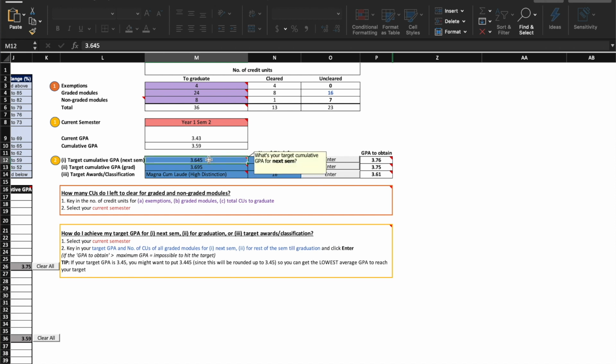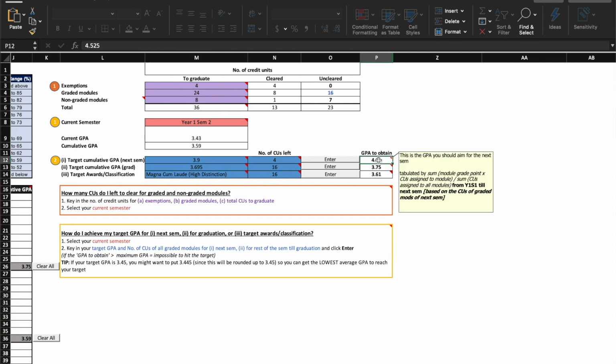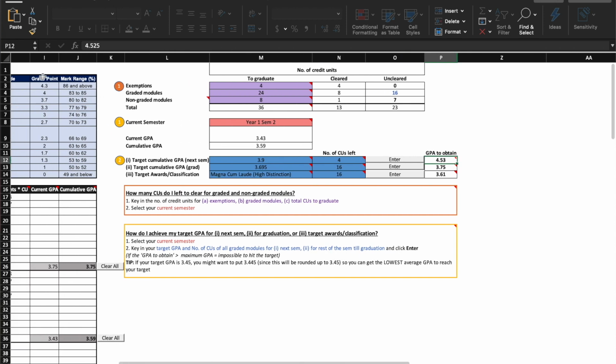So let's say, for example, 3.9, and then you see that this number is higher than 4.3, which is the highest GPA that he could possibly get. It means that it's impossible for him to get 3.9 by next semester. So all you need to do is just lower expectations, and after that you can just try several combinations of grades,